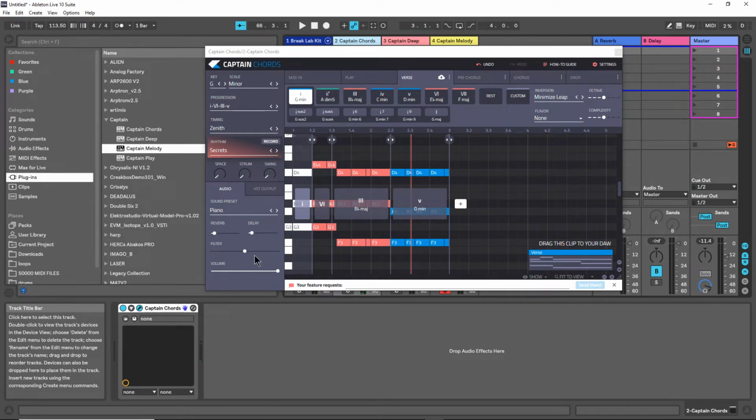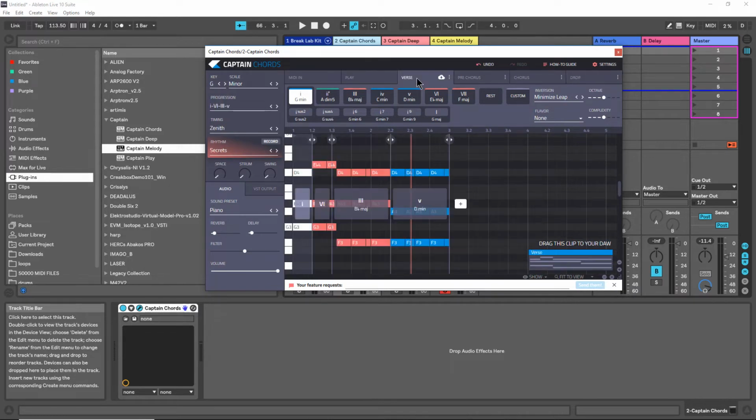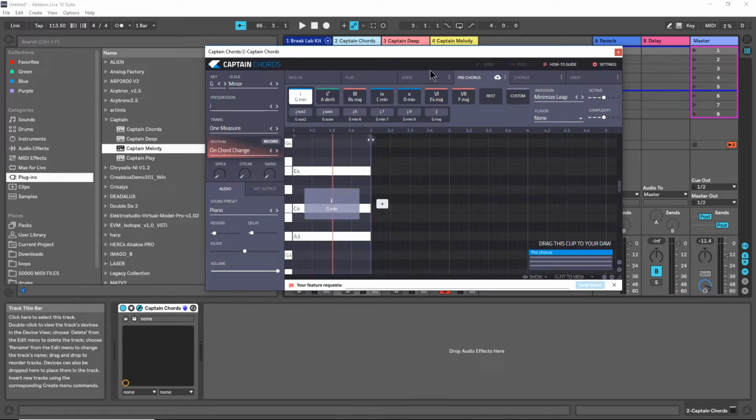It's got its own reverb, delay, filters. What I also like about this product is that it's going to help you with your arrangement and having an organized build for your song. So you have verses, pre-chorus, chorus, and drop. You come in here and listen to it, and you can go from one to the other while listening and say, okay, that sounds really cool. You almost build your song here and then drag it out. I've never quite used it all that way because I find some of this just sounds kind of cheesy. Anyway,